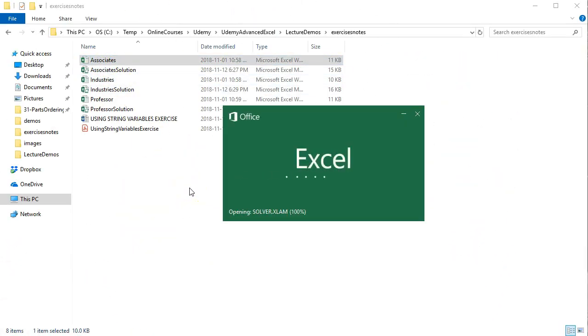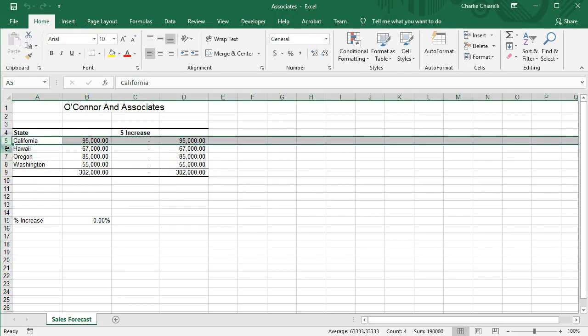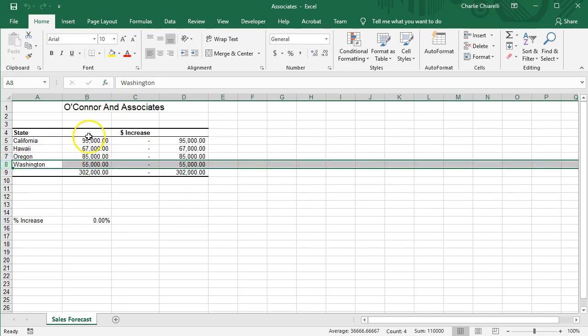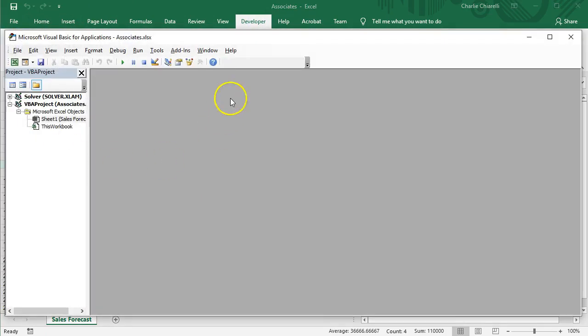So here's the associates file, and here's a couple of different offices, so to speak, for this company. These are their sales for a particular year, and we're going to try to predict the increase in sales for the year after. So we'll press the developer ribbon, we'll start up Visual Basic,